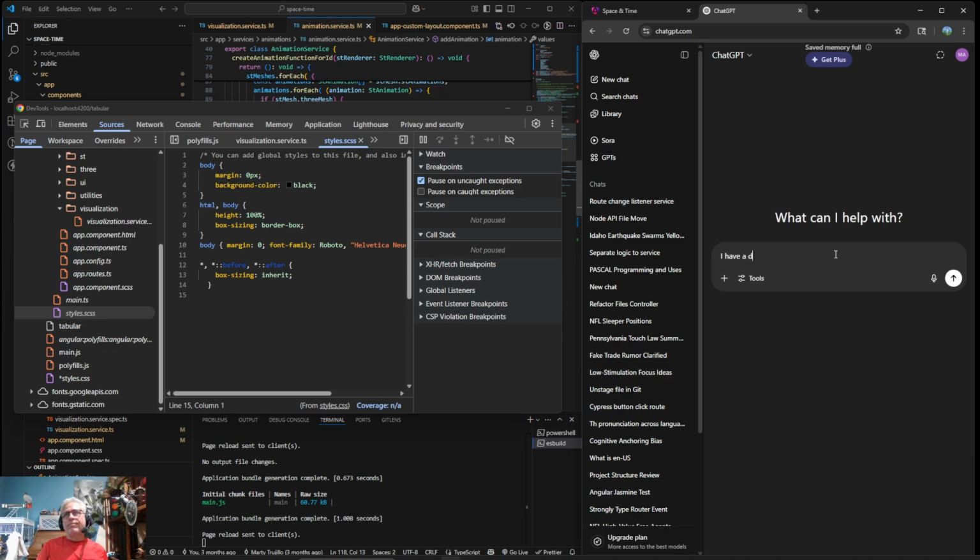A margin, a space above my body element that is making my HTML page have scroll bars. The body height is set to 100%.